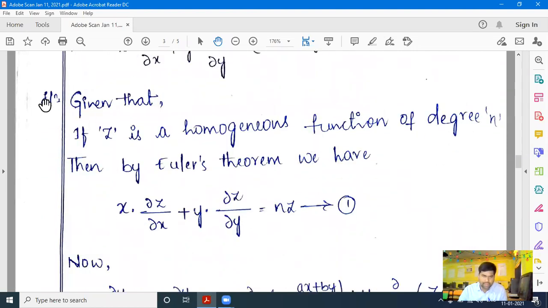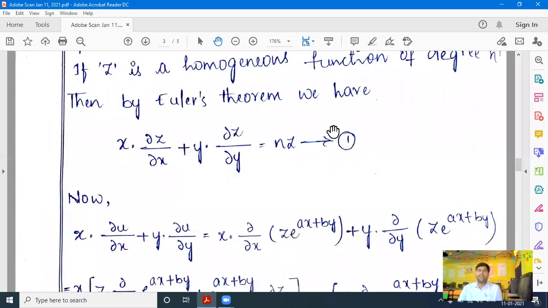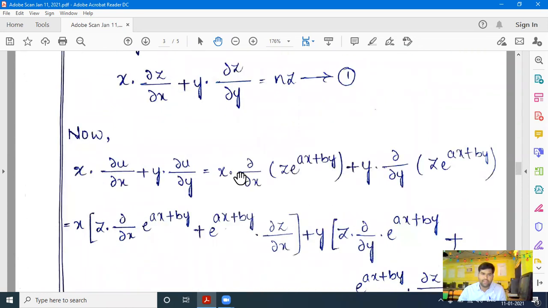Solution: given that z is a homogeneous function of degree n, then by Euler's theorem, what is my Euler's theorem? x into dou z by dou x plus y into dou z by dou y is equal to nz. So this is equation number 1. So now x into dou u by dou x plus y into dou u by dou y is equal to,